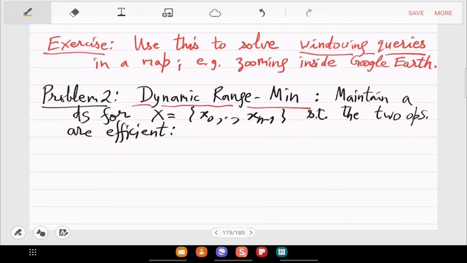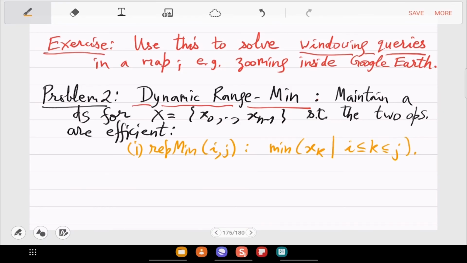The first operation is report min from i to j. Okay, so report min is as before. In that i, j interval, you want to report the minimum in that range. So it's the same thing as in range min.